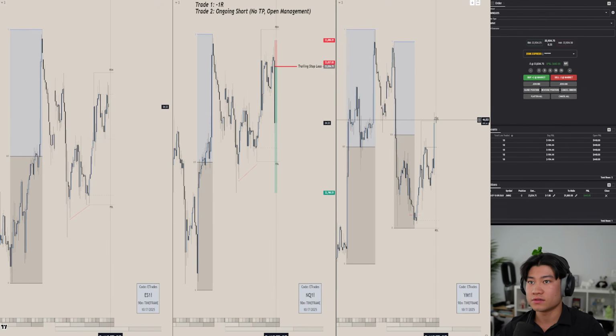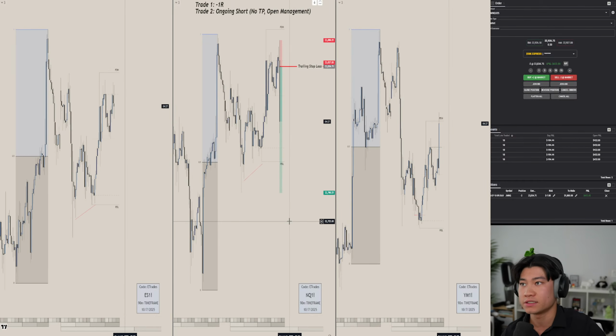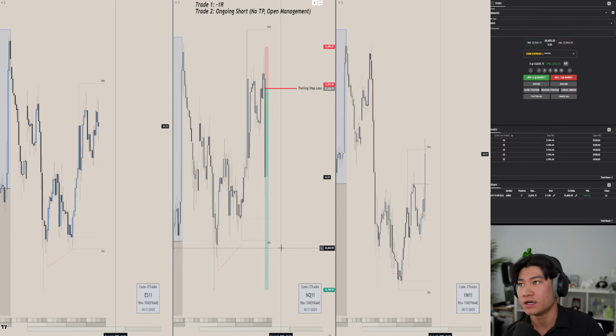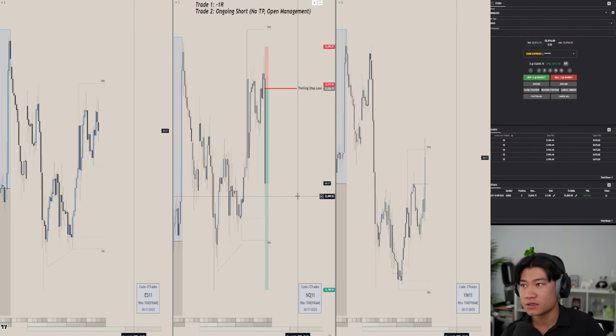But given this, the reason why I'm looking for lower prices is because we have previous week high SMT, previous day high SMT with SMT between Asia and New York AM session, and then we have SMT between the previous 90-minute high. So that's why I was looking for lower prices. And on top of that, my long idea was invalidated at 9:30 with a massive displacement lower.